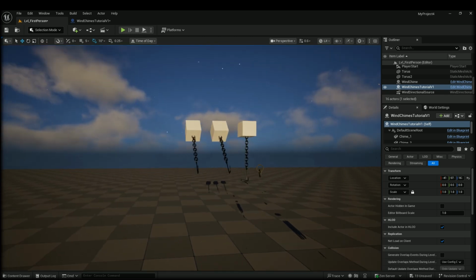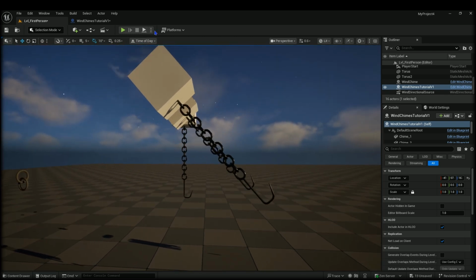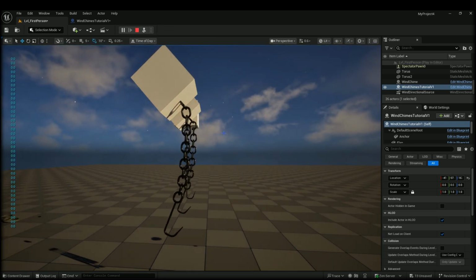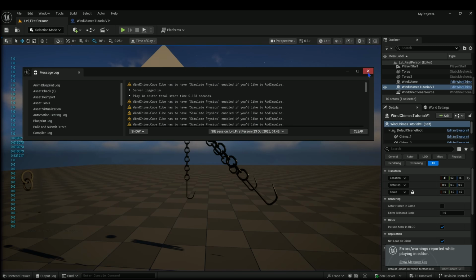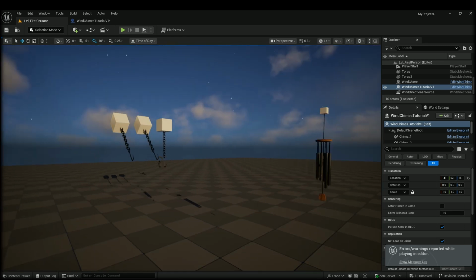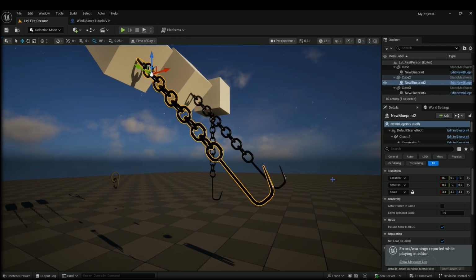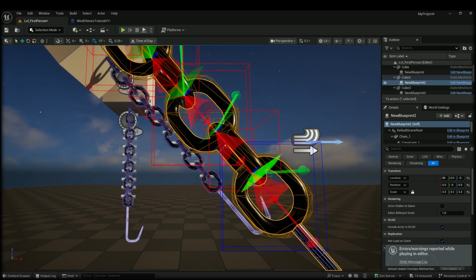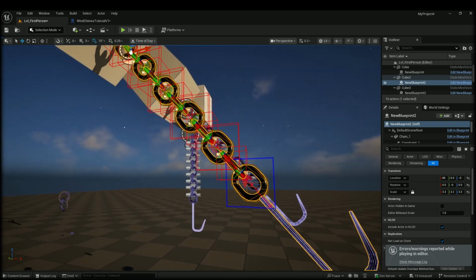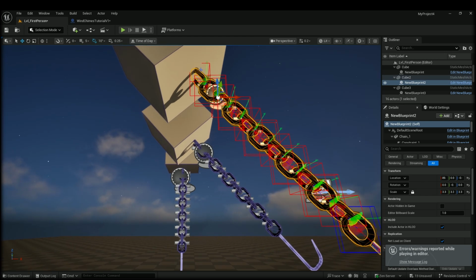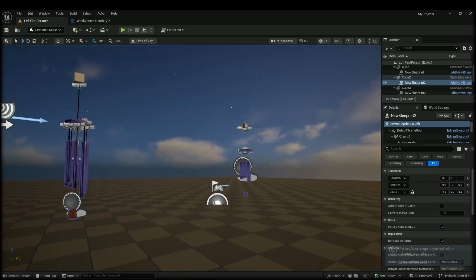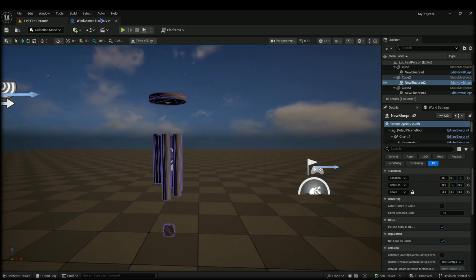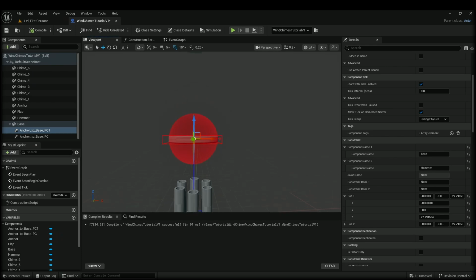It will work for chains as well. If you want to use this method for chains, it's a little bit more complicated, because you have to make sure that you get the pivot points in the correct spots in order for it to work, and then this just becomes the anchor. So let's go back to what we were doing and not get too sidetracked. Okay, so